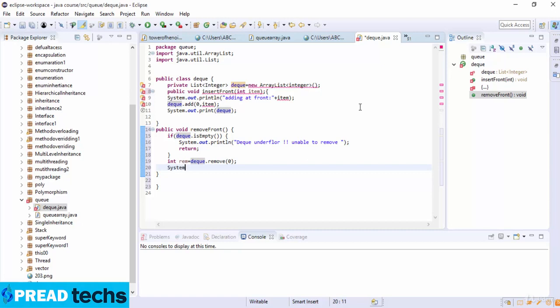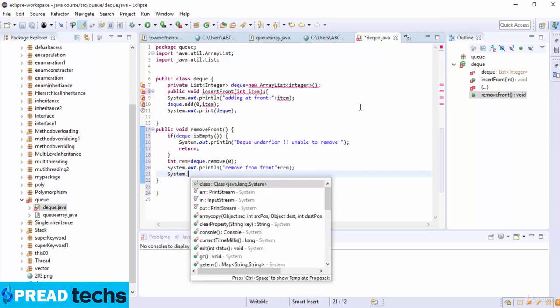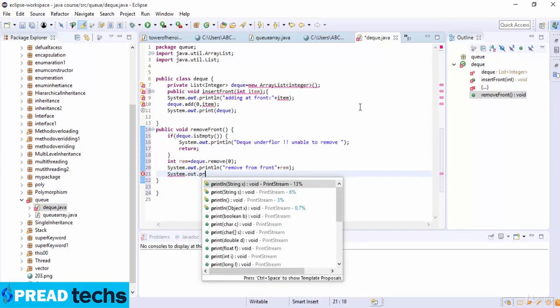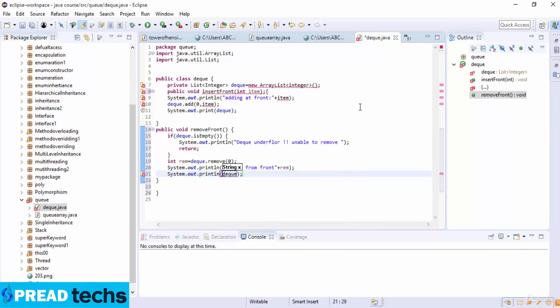Now System.out.println, and the println here is "removed from front", and then plus remove, meaning this integer is concatenated, which is rem, and remove, which is dq. Then we go to the public void removeRear method, and if